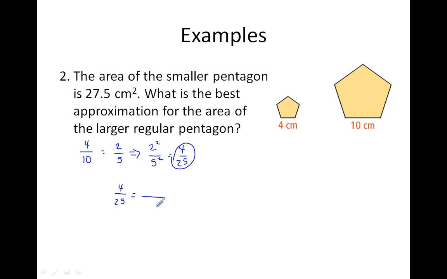We can use that to write a proportion to find the missing length. Now my smaller figure is 27.5 square centimeters. My larger one is unknown. That's what I'm going to solve for. To solve this proportion, we cross multiply, so we have 4x, and then we do 27.5 times 25, and we get 687.5. Divide both sides by 4, and we get